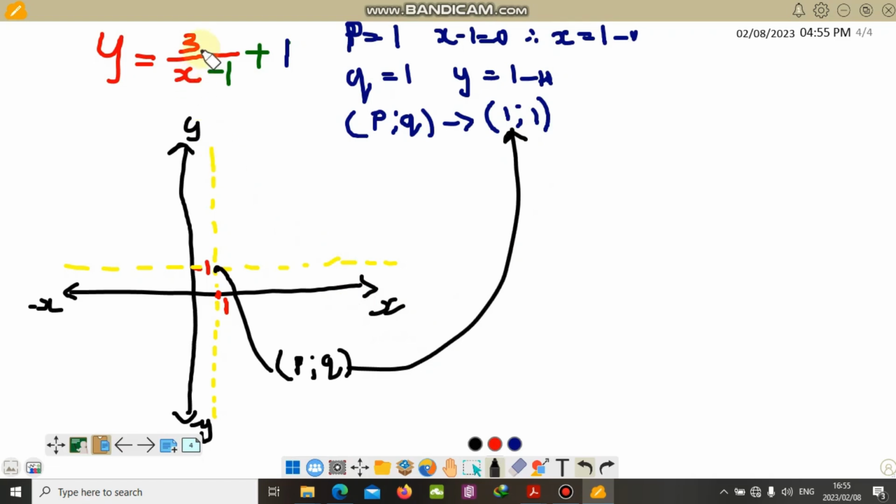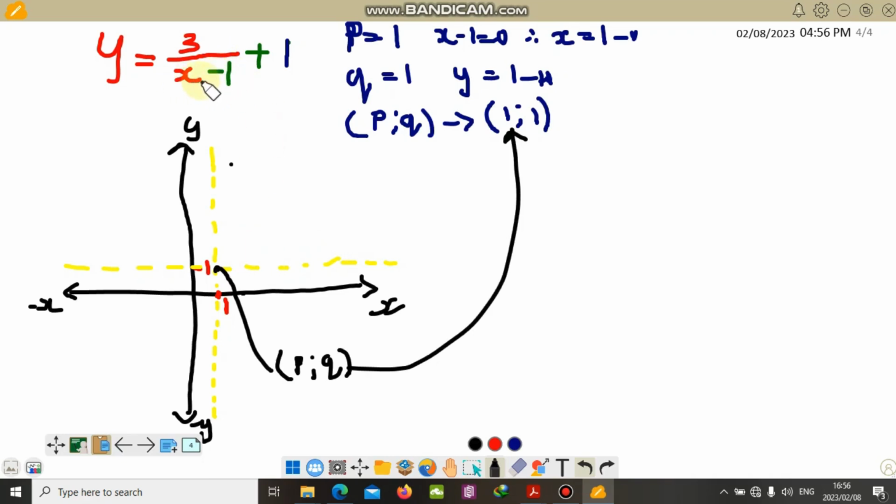So now we're gonna draw a graph. When x is 1, it's gonna be 1 minus 1, so it's gonna be 0. So it's gonna be 3 over 0. Understand that? So we will not have that point there. And when x is 2, it's gonna be 2 minus 1, 1. So it's 3 over 1. Okay, that is 3 plus 1. So 4. So there's a point there, and